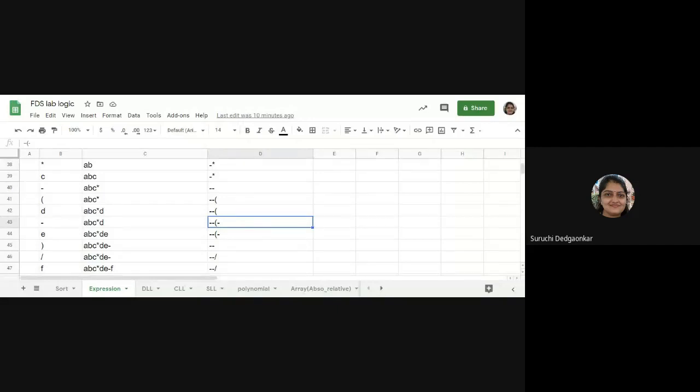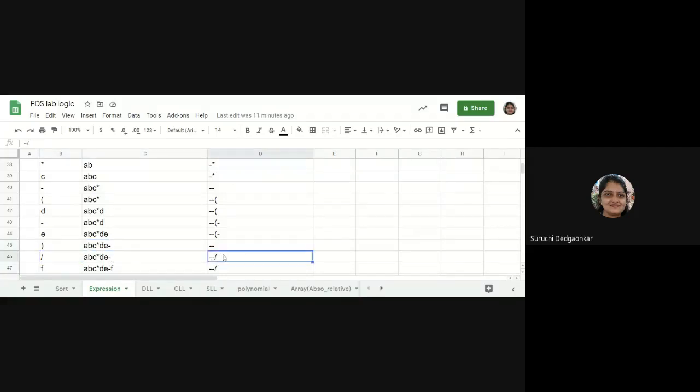In case of opening bracket, it will not be popped. So directly we are pushing minus. Then E, it will be copied here. Closing bracket, so if closing bracket comes, you have to pop until opening bracket is popped. Okay. So minus will be popped, it will be copied into the postfix. Then comes divide.